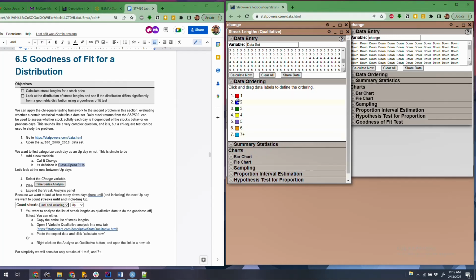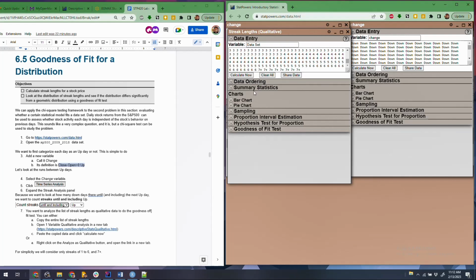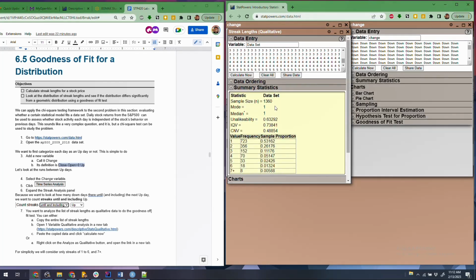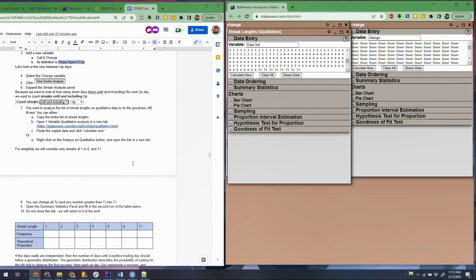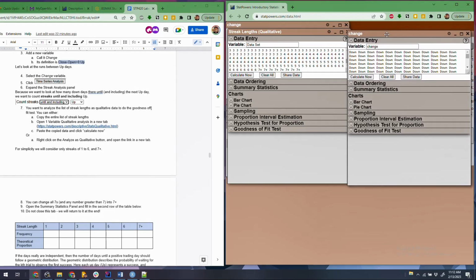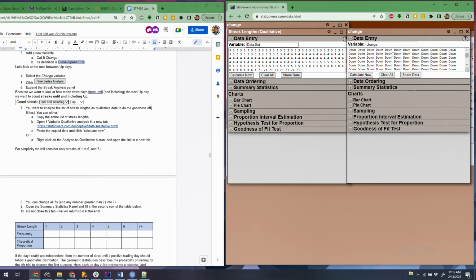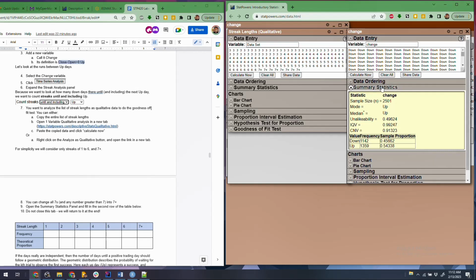And you can see these are all the values that I have, and how many times they occur is given here. Okay, so what we need to do next is to build a null distribution. And to do that, we're going to just look at what the proportions of downs and ups are in the original data set. And that's what I opened up as qualitative. So I'm looking here, and I could see that the proportion for up is